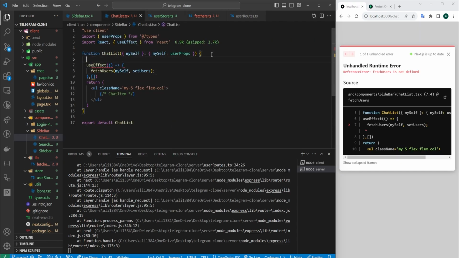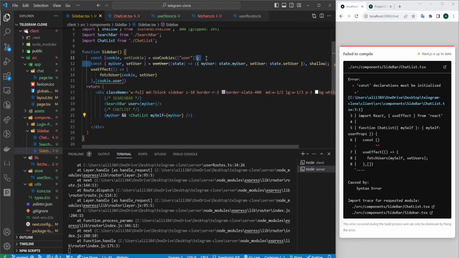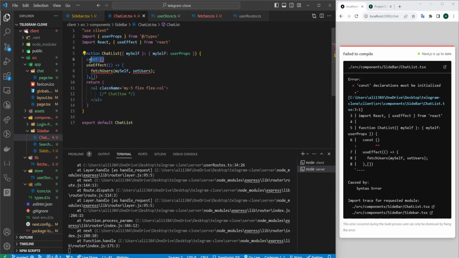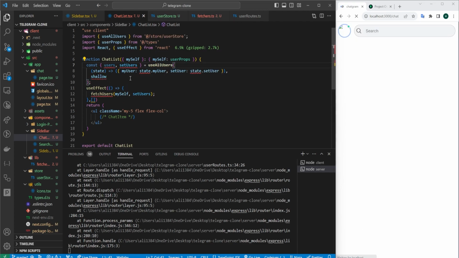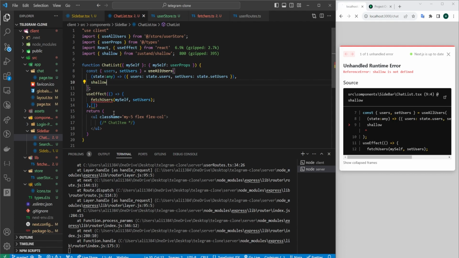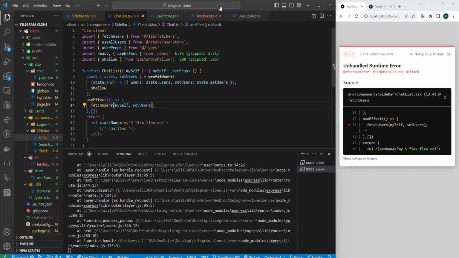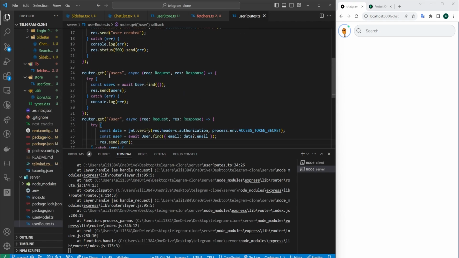Next, copy and paste use user from the sidebar component to the chatlist component. And change it to use all users and change the variables to users and set users. And import fetch users. Then inside your function fetch user,